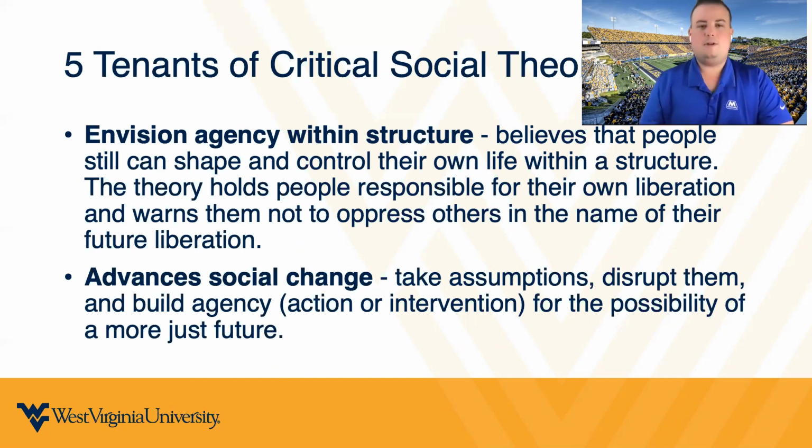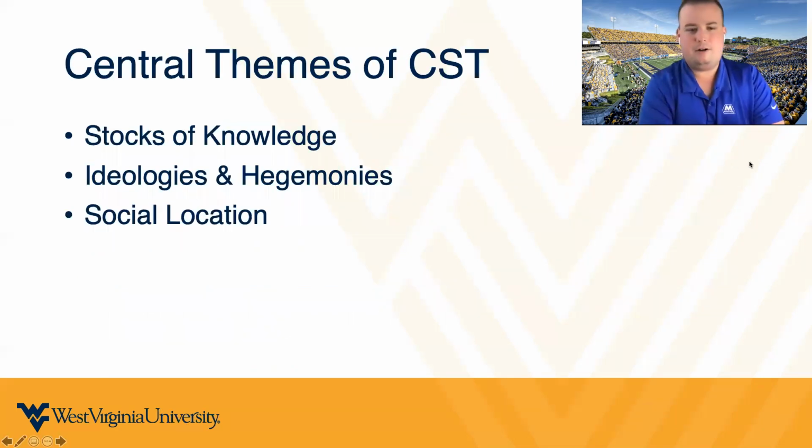So, this might seem like a lot, and I will continue to explain and build upon this over the next couple of classes, about what critical social theory is and what it can be in the light of leadership, but more importantly, overall in our society, with some of the big social issues that we face. We just talked about the 5 tenets, and to wrap up this first portion of class, we're going to talk about some of these central themes and some of the things that we possess as individuals that make up this concept of positionality.